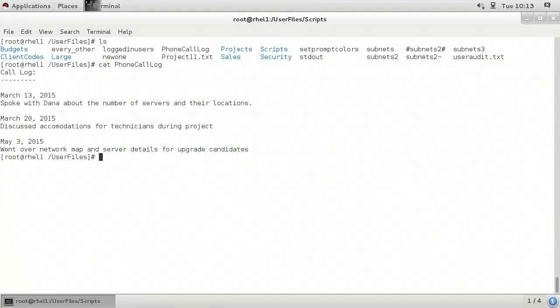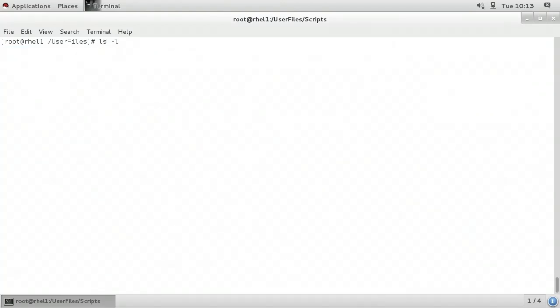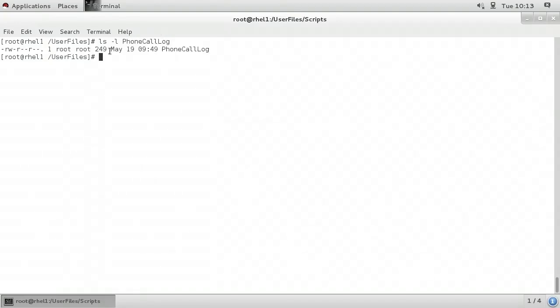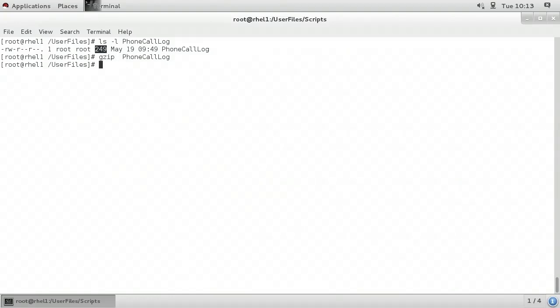We can see it's just a standard text file with some log entries about phone calls that were made on certain dates. I'm going to clear the screen, and this time I'll type ls -l space phonecalllog because I want to see the approximate size on disk that this file is occupying, and that shows up as being 249. Now I'm going to compress that file with gzip, so I'll type gzip space phonecalllog